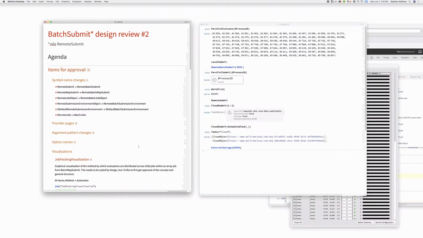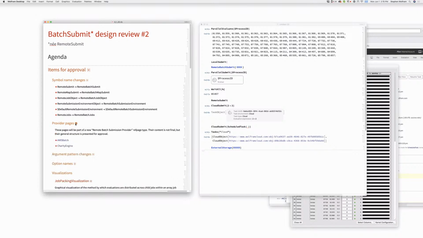Okay, let's move on here. Do we need the word submission in here? I think so, because it is the thing that it is. Okay. I'm not certain. We can discuss it, but let's see what it is in more detail when we get to that documentation. Okay, sure. Remote batch jobs just returns the list of remote batch job objects. Exactly. Okay. So this is now